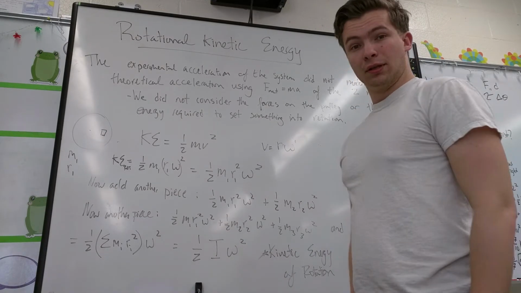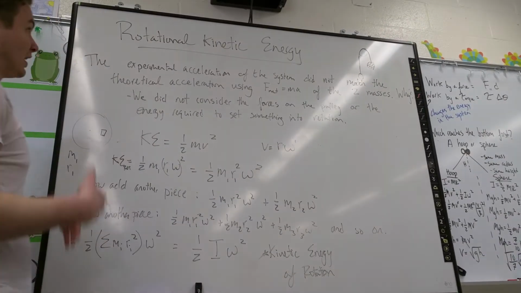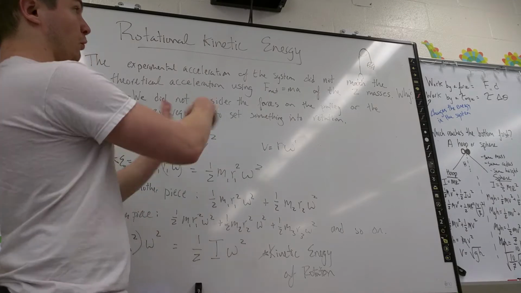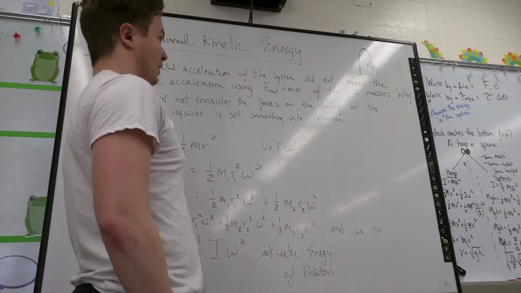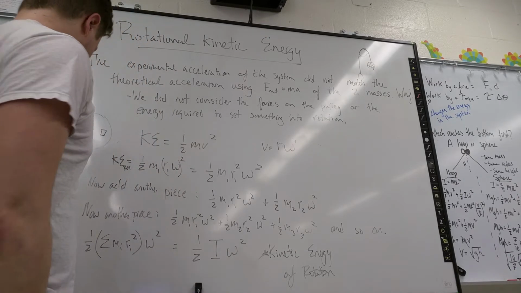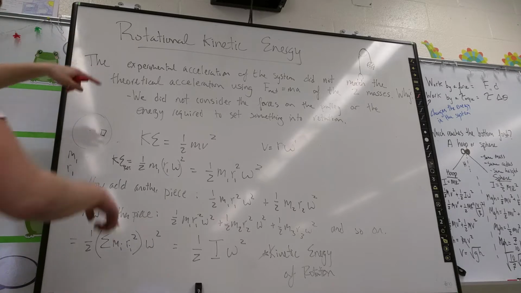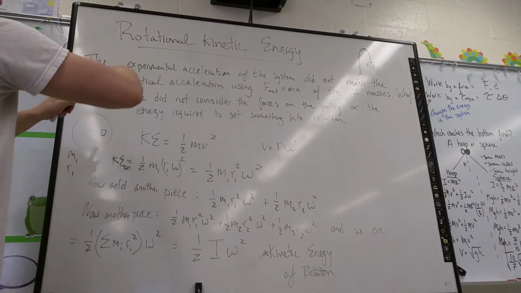And now we will. And we would see that if we did think about this pulley in terms of it needing energy to accelerate, well, if there's energy going to rotating the pulley, there's less energy to the motion of the masses. So, to derive rotational kinetic energy, that is the kinetic energy of something spinning, not moving translationally in space,